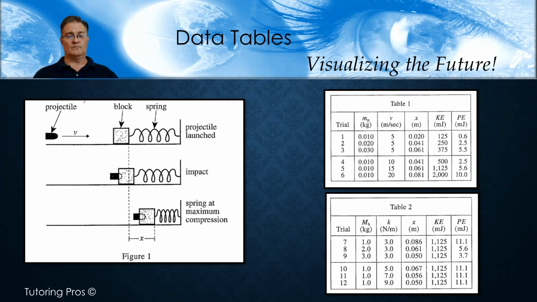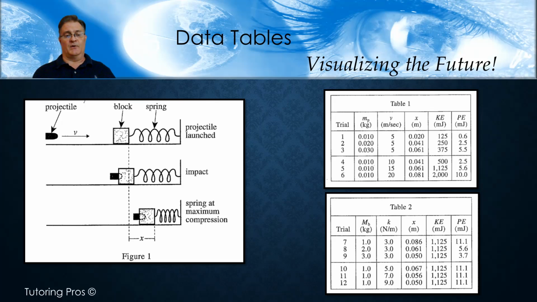Now, you could change the mass of the bullet by increasing or decreasing it, change the velocity at which it's been fired. You could change the mass of the block by increasing or decreasing it, or you could change the spring stiffness by making it more stiff or less stiff. So just with that in mind, you have a possibility of many different